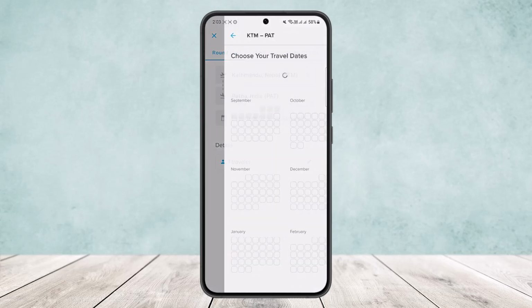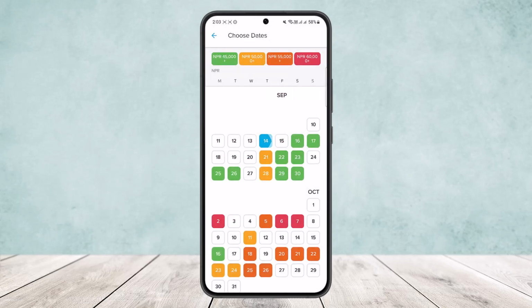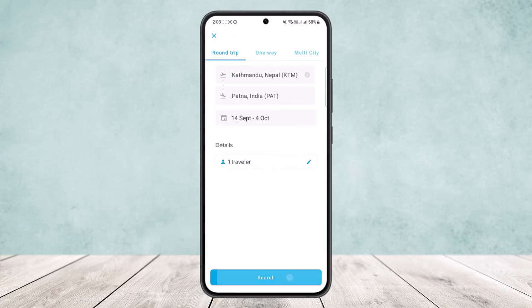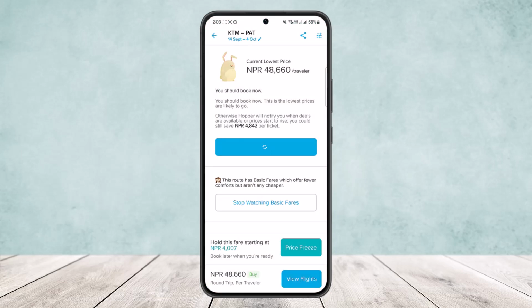You want to enter in your departure date, going date and returning date as well, and select these dates. And once you do so, simply tap on search option, and if the flight is available it should show up here. Now it's reaching the latest prices as you can see, and once it gets the information